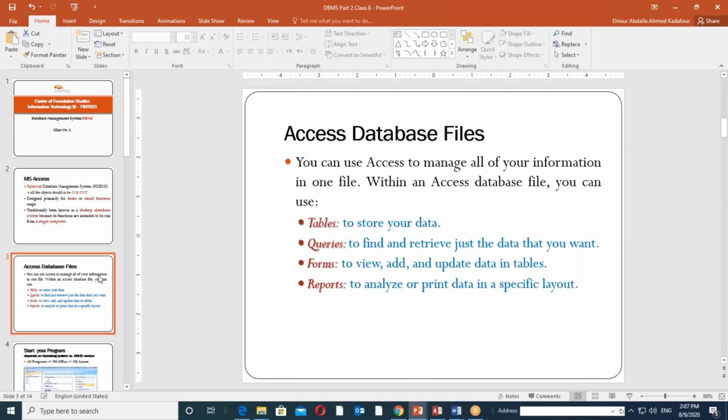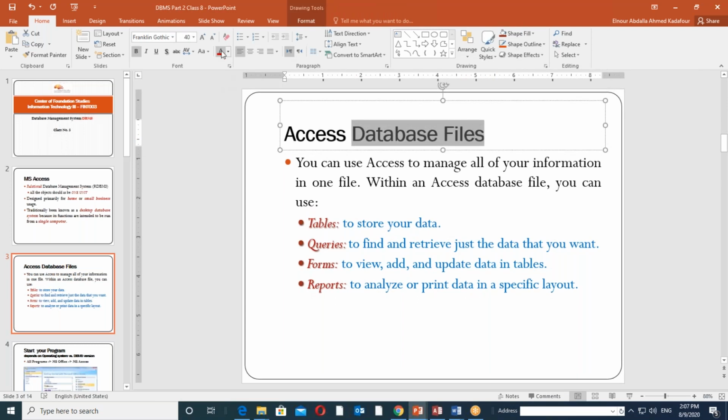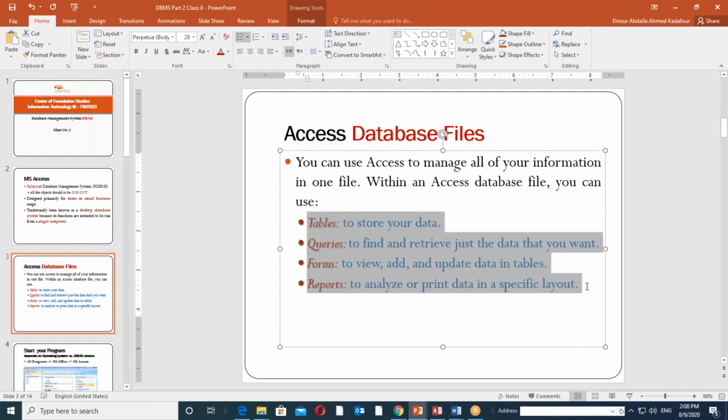We have reached database files. So the database at the end of the day is a file. That's why the file should have a name and should be saved. Within this, as I told you last time, the contents of the database file are a set of objects, starting with table, then query, up to forms and finally